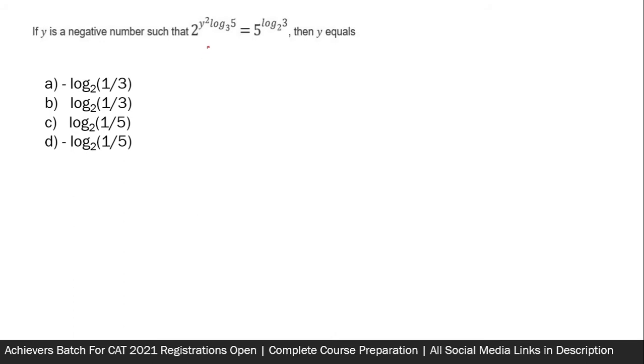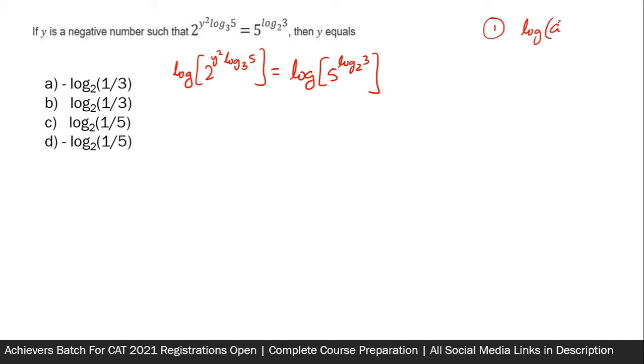You can see that log is there in the exponent, and we have not learned to deal with this, especially when the exponent is different and the number is different. So what I'm going to do is take log at both the sides. So this will become log of the left side is equal to log of 5 raised to the power log 3 to the base 2. Okay, so the property that I'm going to use in the first place is when you have log a to the power n, it becomes n log a. N comes in the multiplication, so this entire power comes as a multiplication in the right hand side.